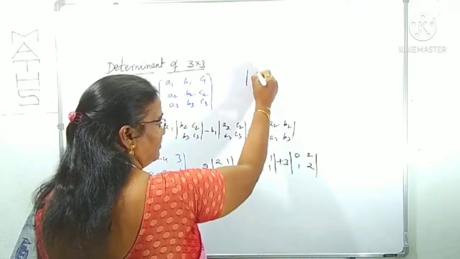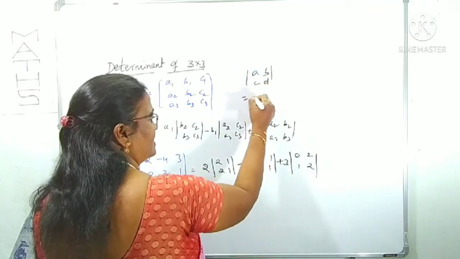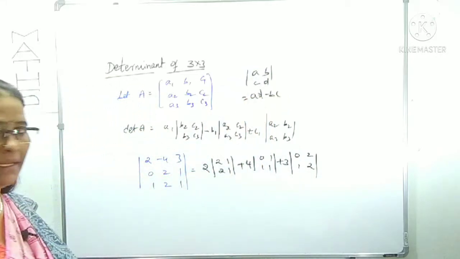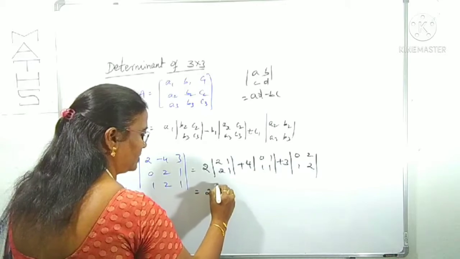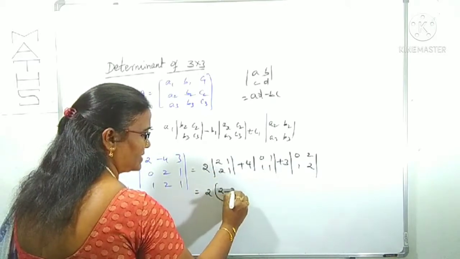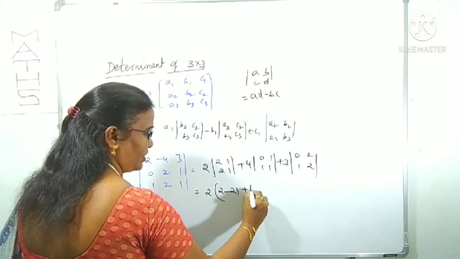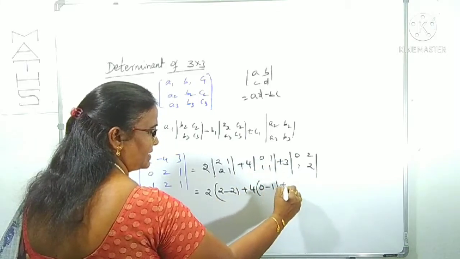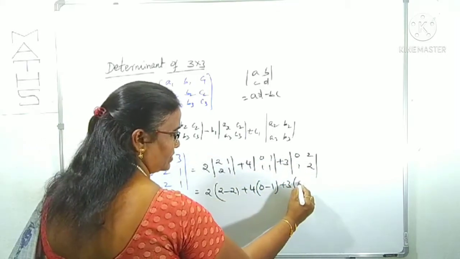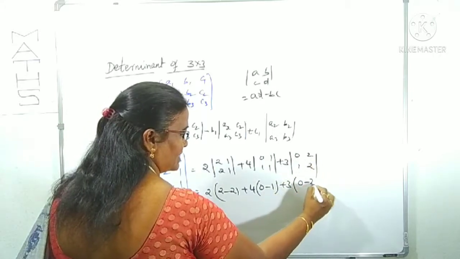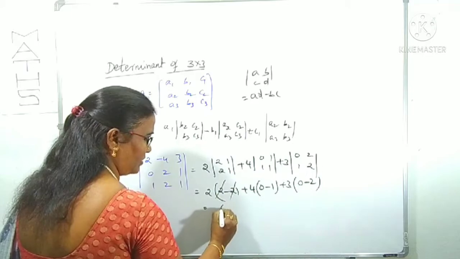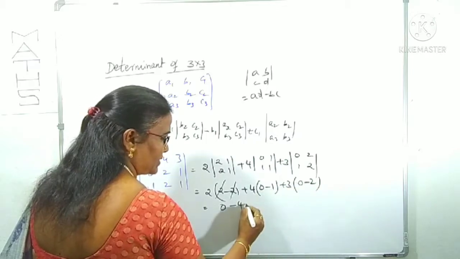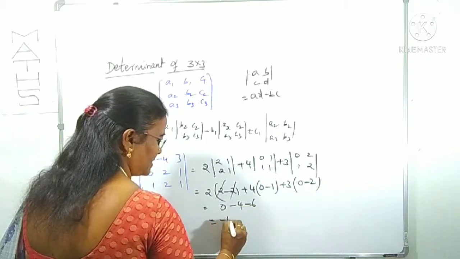Here using what? Det of ABCD I have given already. Det of ABCD value is AD minus BC. This is the determinant of a 2/2 matrix. Right. Now what is this value? 2 into, this is clearly 1 2 minus 2 according to this formula. With +4 of 0 into 1 is 0, with -1 into 1 is 1. +3 of, the same way here also, 0 into 2 is 0, 1 into 2 is 2, with -2. Therefore this value is 0. 2 into 0 is 0. +4 into -1 is -4. 3 into -2 is -6. This is clearly -10. Is it clear now?